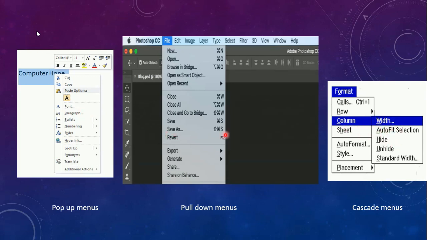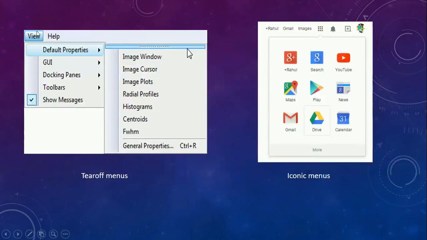So let us understand some other menus here. Few more examples you have. You might have gone through tear off menus also. See the example here, how a tear off menu is displayed. Initially you have the actual menu, and then next, one more menu is displayed with certain dashed line points like this.